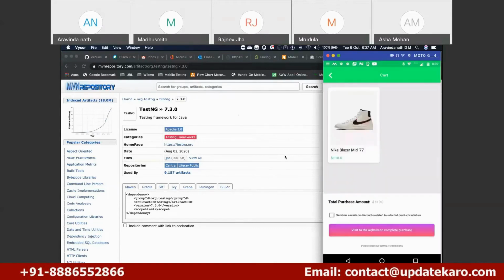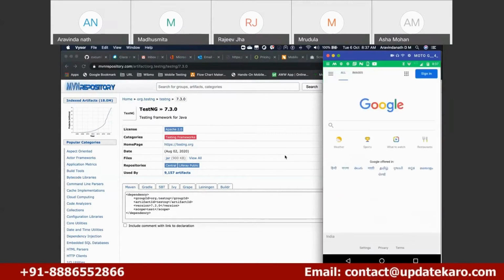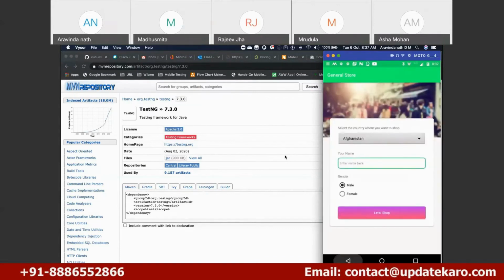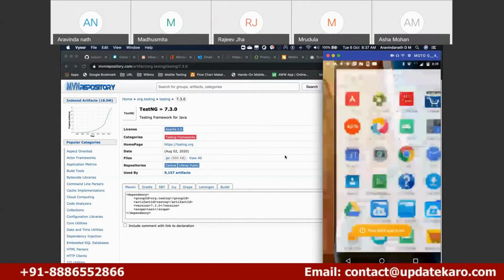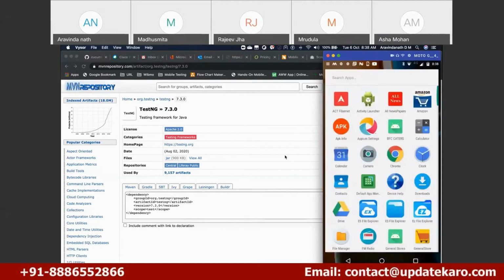So we are going to see how to long press. This is a long press actually. Tap, all those things we are going to learn. So this is the General Store app, and you can use it for learning and testing purposes. To find out the package name and activity, we can do it with the help of this